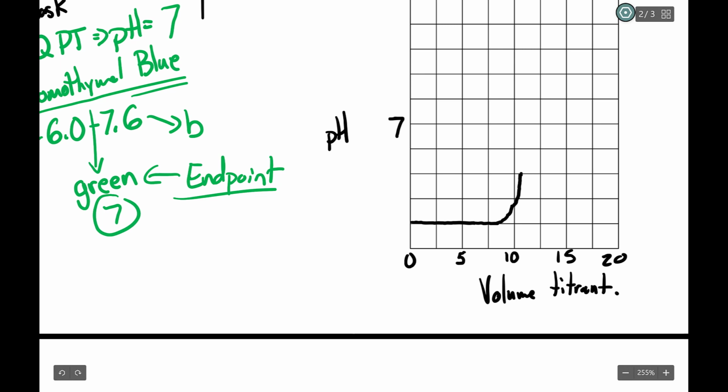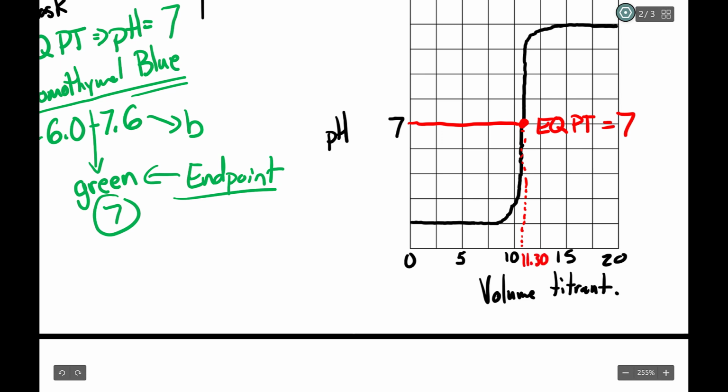I'm going to call this 11.3 milliliters. It's going to go straight up like that. And then it would go up and flatten out like this. So it would have an equivalence point equal to 7. The volume at that point here would be